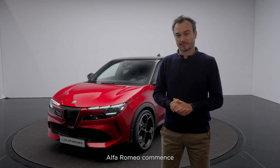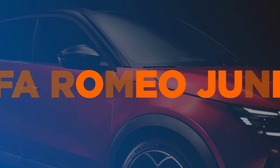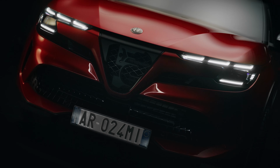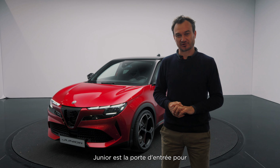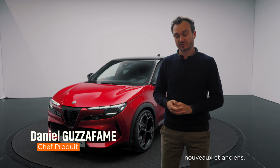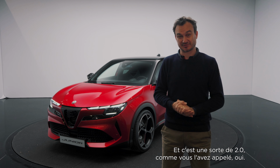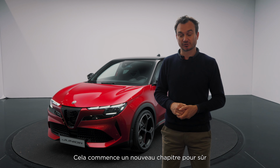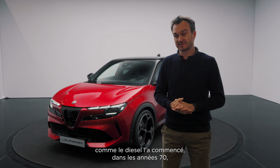Alfa Romeo starts the electric journey and starts it with Junior. Junior is the entry gate for all of our customers, new and old. And this is sort of 2.0, as you called it. Yes, why not? It starts a new chapter for sure, as the diesel started it back in the 70s, and